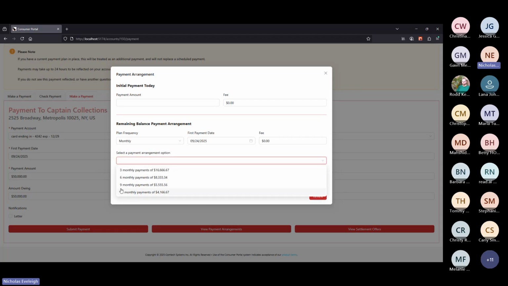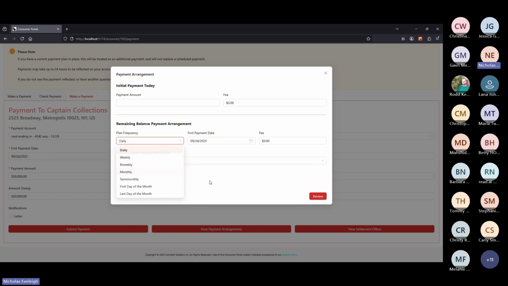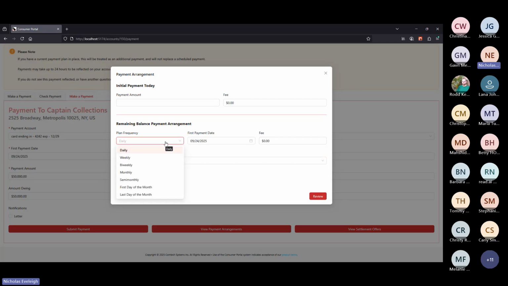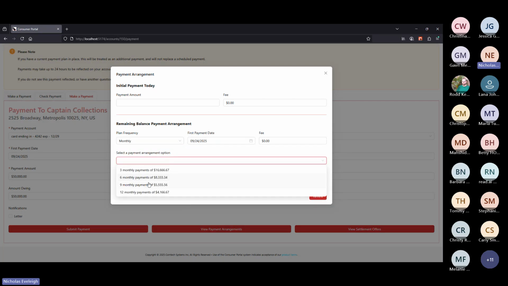The intervals here are based on 3-month periods. So every 3 months, the payment amount is calculated here and displayed. If I go to daily, it's also 3 months, but obviously in days. So 90 days for 3 months, 180 for 6, so on. And then in this case, my amount owing cleanly breaks up within my 12-month allowance, but if my monthly,